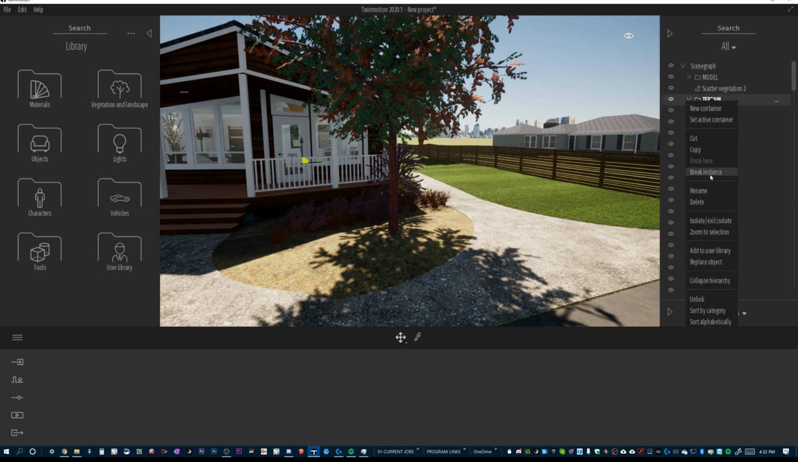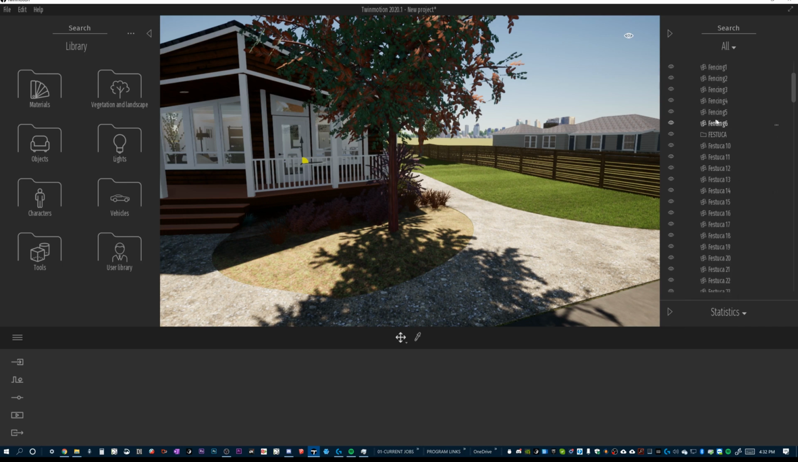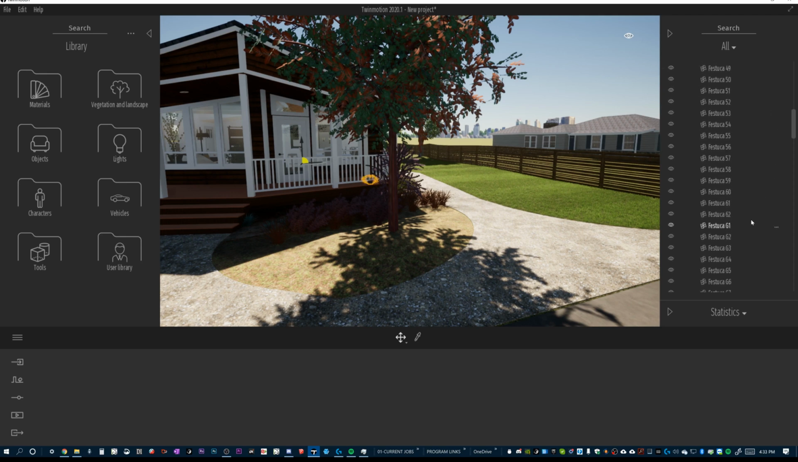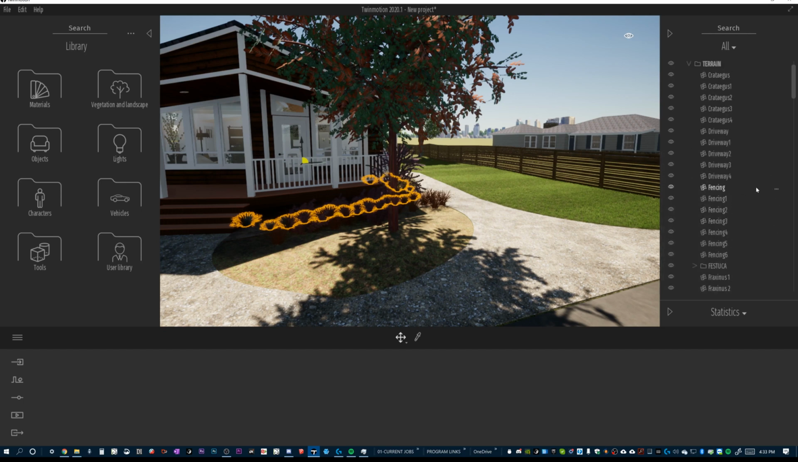I can sort this by name again, sort alphabetically, and now when I get down to Festuca, there we go. So it's going to be really easy for me to go through and select all these guys, which there are a ton of them, and drop them into a folder. So just touching on that whole folder hierarchy thing again. And then when we collapse it, we've just got less stuff to scroll through to get to my front yard